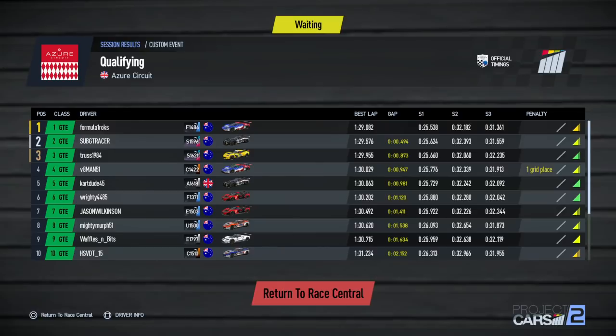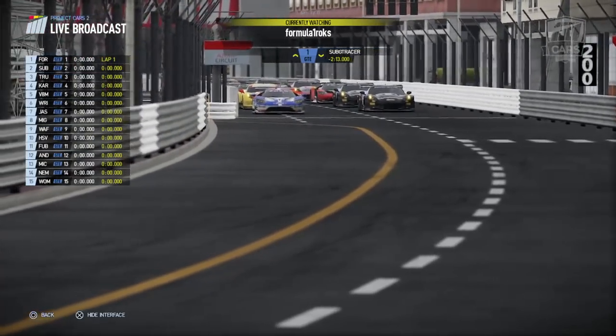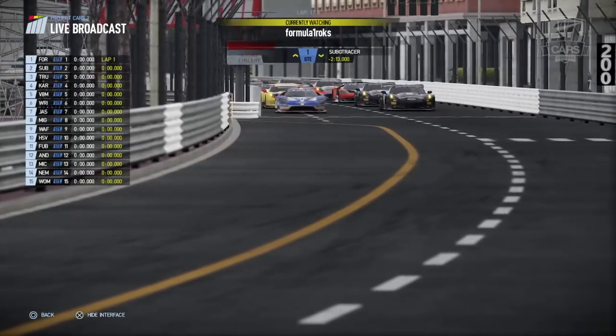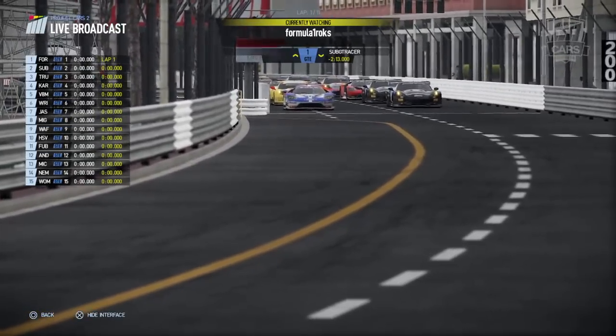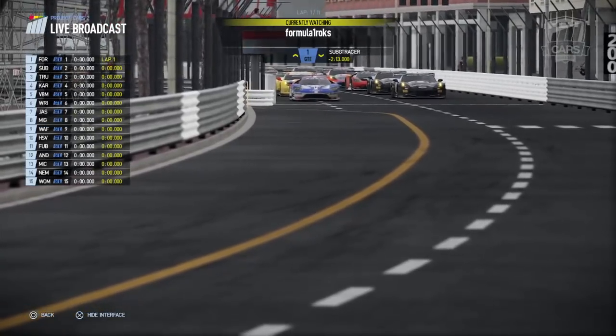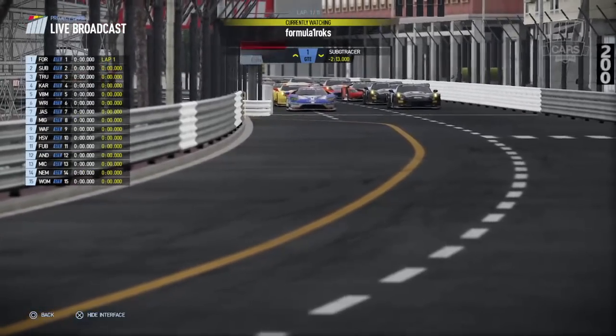I mean, the guy's got some incredible pace, and to be doing that in the Ford around here, which is a quite understeery car, that's a fantastic lap. And he's got 2 Corvettes for company with Sub GT and Truss alongside him. Car Dude in P4 ahead of V8 Man. Good qualifying session for him in P5. And indeed, Righty in P6, Jason in P7, not looking too bad for the race tonight. Mighty Murph in P8. Waffles, HSV running in the top 10, ahead of Fubbles, Andy, Mickey, Nemo and Womp in